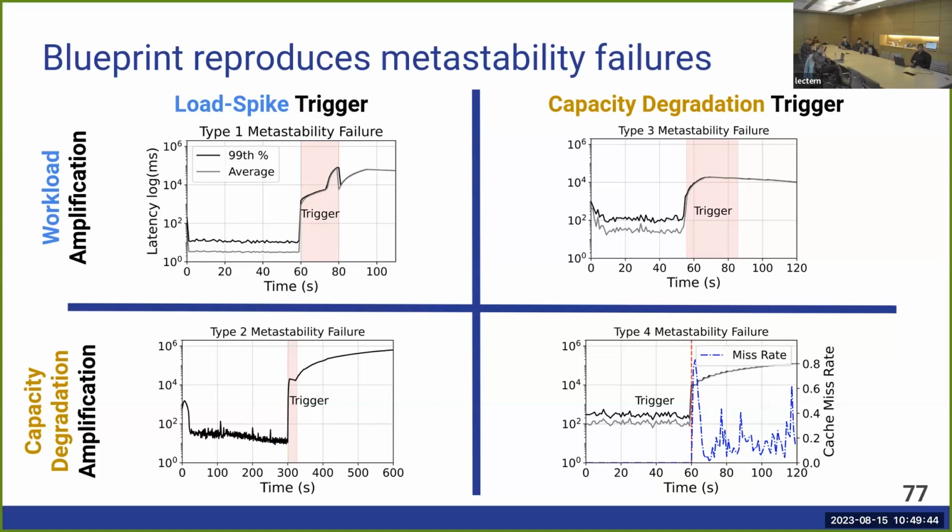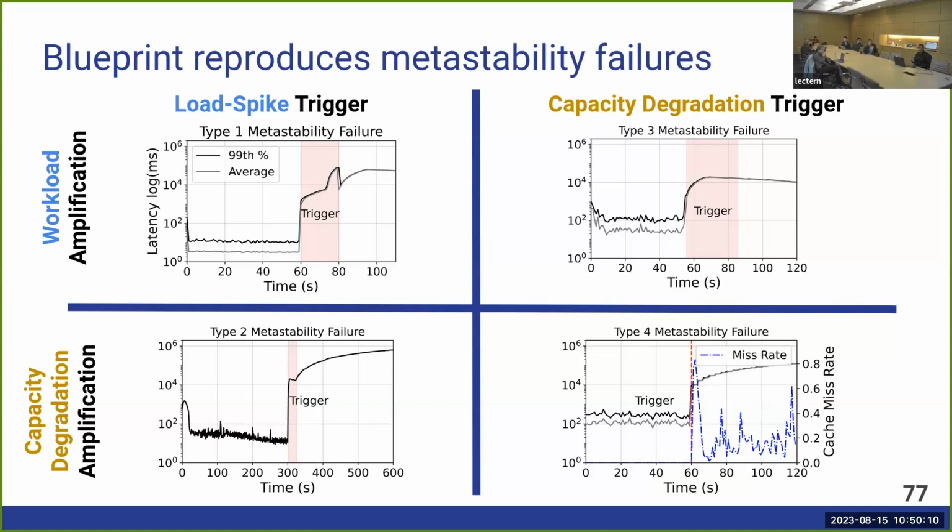And even after you have removed the trigger, which is the red bar, it will never recover. Your system will be in a degraded state until and unless you completely shut down your system and start from scratch, or do workload sharing to an extent where 90% of the workload is just not being serviced. So in this scenario, you can see that we basically reached the failure state or metastable failure